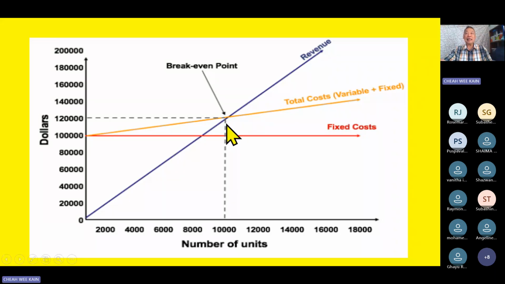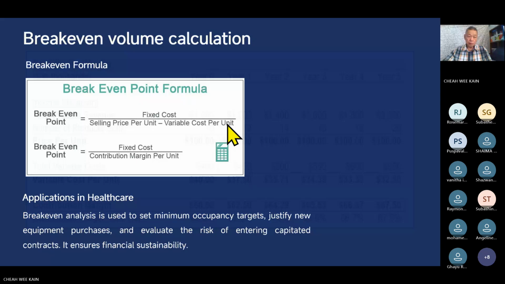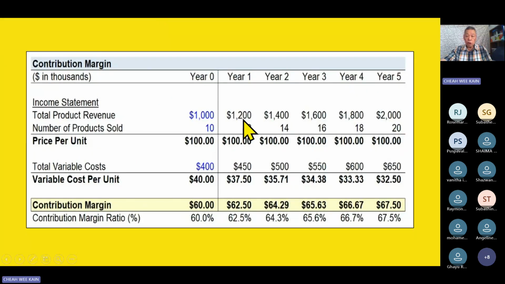This is in theory. In practice, you got a problem. Why? Let's look at this. You assume only one product and one cost structure. Year by year, of course, the cost structure will change. No, the variable cost won't change unless very drastic. The point is, you don't sell one product.